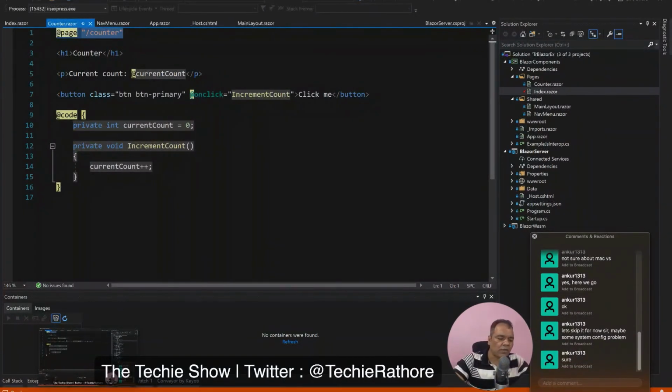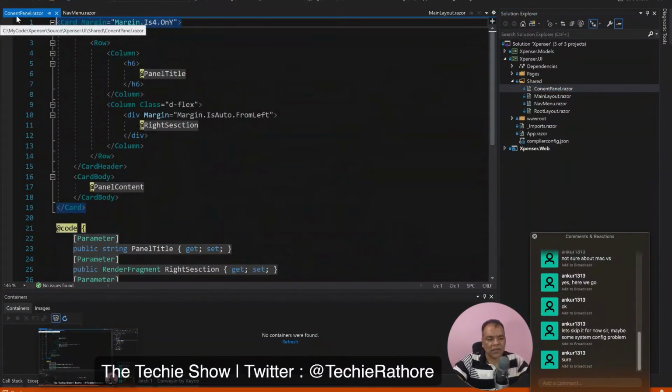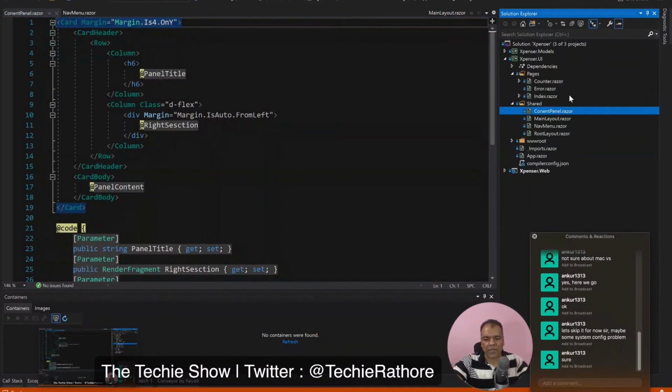So let me show you in our Expenser application. If you see here, there is this content panel. This content panel is using some components: card component, card header, card row, card body, and all those things. This is basically a common content component which I have created to be used everywhere in the app. So what I'll do is, see, content panel is there. In any of my pages, if I want